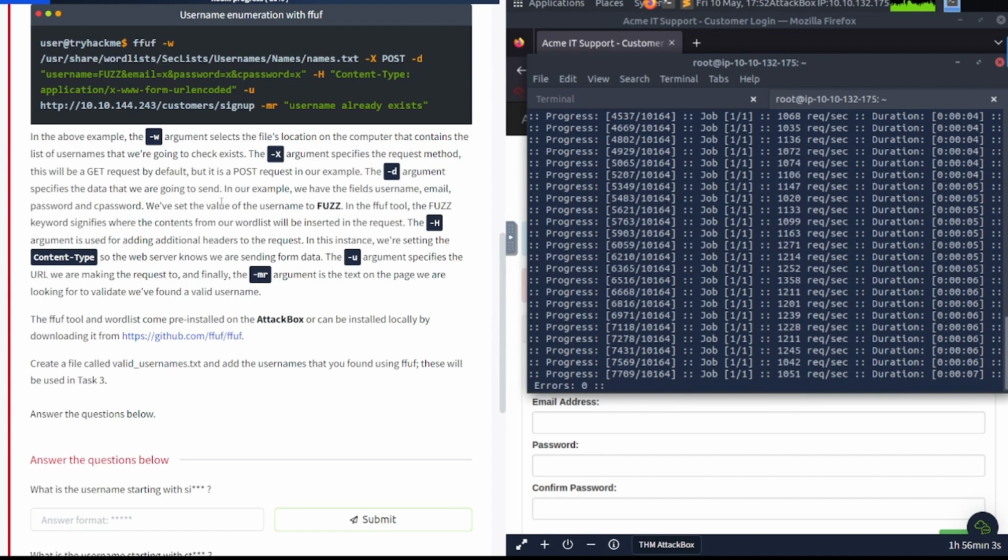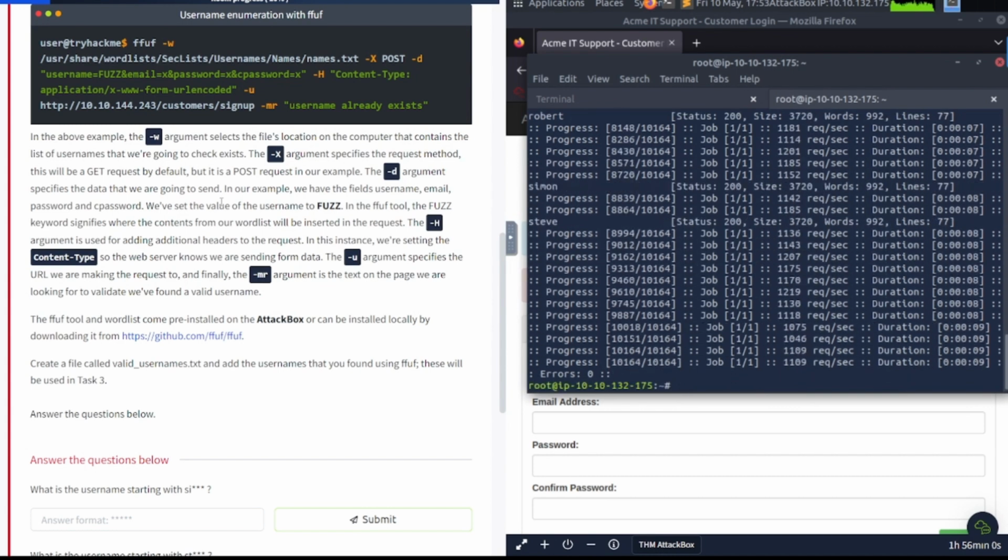In the above example, the -w argument selects the file's location on the computer that contains the list of usernames that we're going to check exists. The -x argument specifies the request method. This will be a GET request by default, but it is a POST request in our example. The -d argument specifies the data that we are going to send. In our example, we have the fields username, email, password, and cpassword. We've set the value of the username to FUZZ. In the ffuf tool, the FUZZ keyword signifies where the contents from our word list will be inserted in the